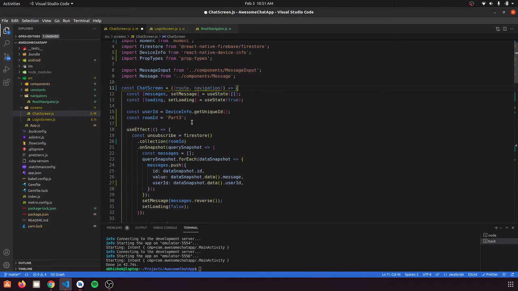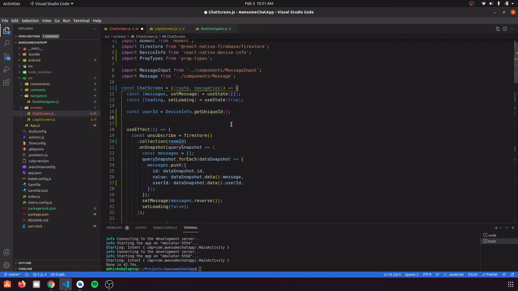So for doing that, let's define this as room. So now let's extract that prop as our room ID.